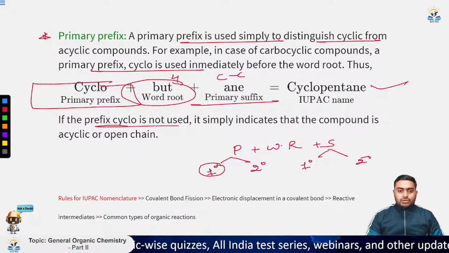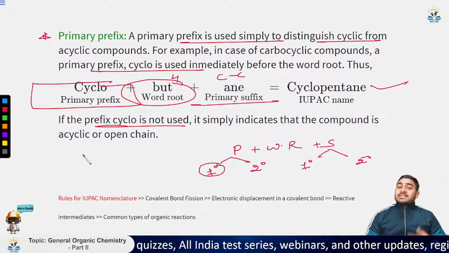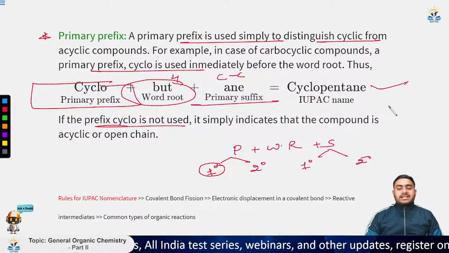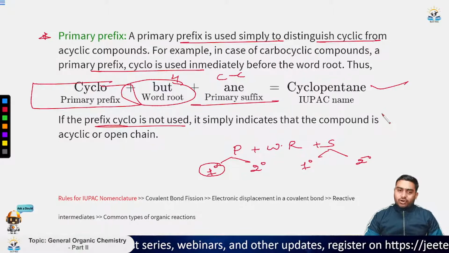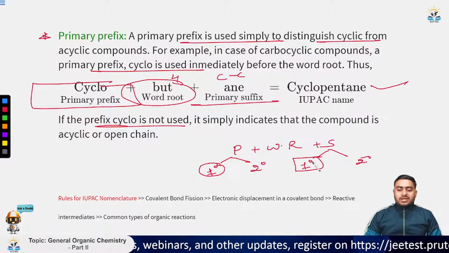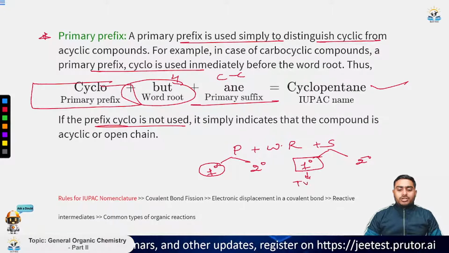In the prefix, if cyclo is not used, it simply indicates the compound is acyclic or open chain. If you are writing cyclopentane, it is cyclic. If you are writing only pentane, it will be acyclic or open chain. Okay, so primary suffix basically decides the types of bonding,